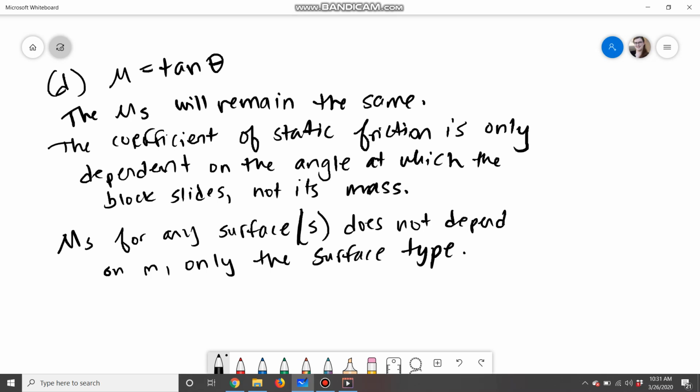We know that ice is definitely going to have a different coefficient of static friction than a wood block or sandpaper or something like that. It does not depend on the mass. So that's your solution to number 2. Make sure you're viewing this video after you've made your attempt at solving number 2. And now you can go ahead